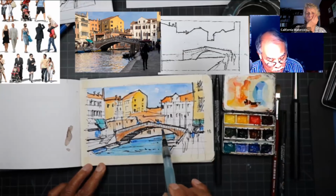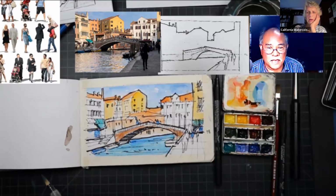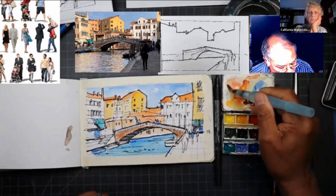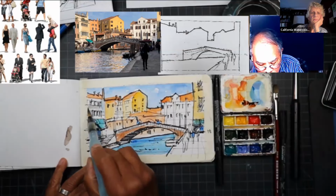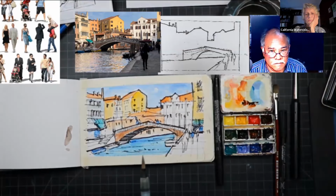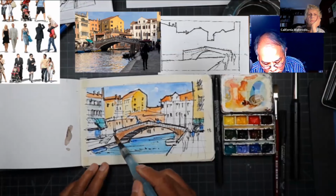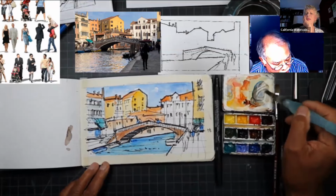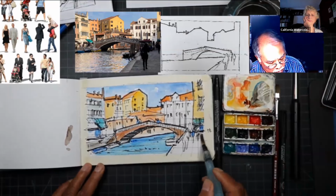Orange likes blue. Think about contrast when you're putting in these colors. And opposites on the color wheel, yeah, right, complementary colors. Exactly, right. Warm that up a little. Now make a gray, take some of that burnt sienna and cobalt blue and go ahead and make some gray